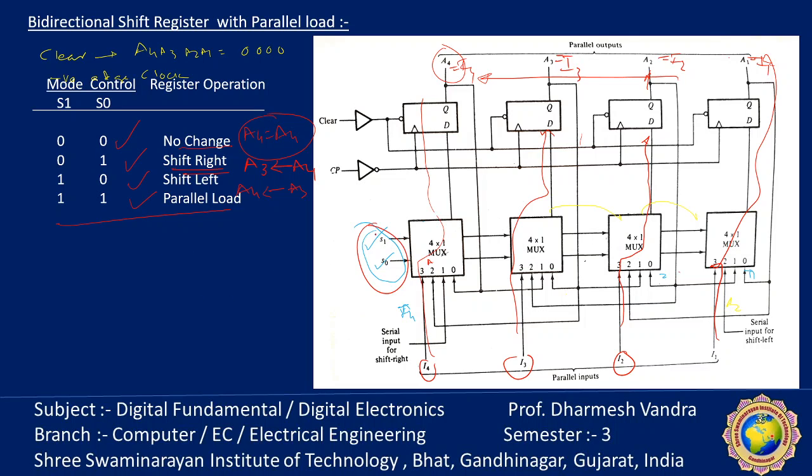And this will be controlled by the S1 and S0 switches. In this way, this bidirectional shift register can perform shift right, shift left and parallel load. These three functionalities can be done. So in this way, the bidirectional shift register with parallel load is helpful for the number of functionalities of MSI, which we will discuss in the next session: how this circuit is helpful for the different operations.